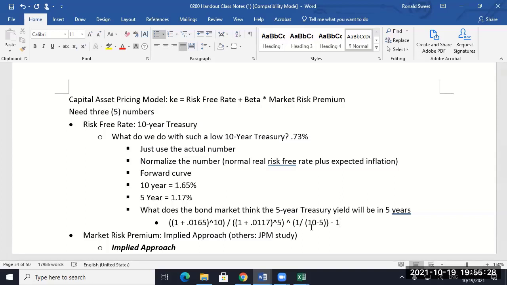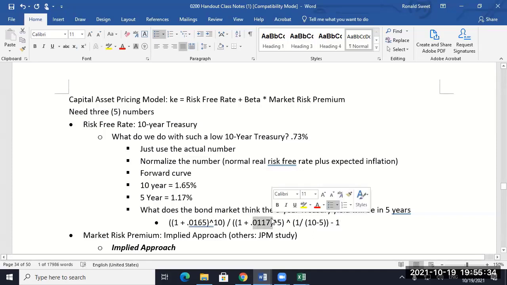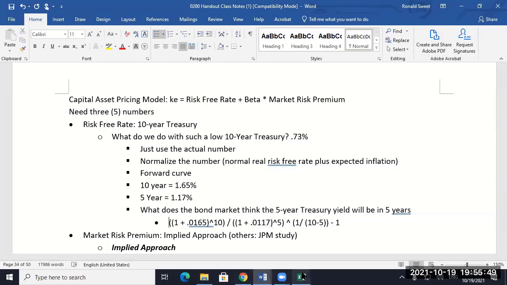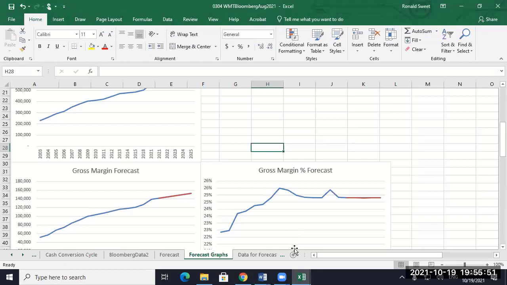Well, if you're going to invest for 5 years at 1.17, and then invest for another 5 years at some rate, and over 10 years you're going to make 1.65, what do you have to do the next 5 years to get there? You have to invest at a much higher rate than that. So when we do all of that, I don't know what it's going to be, but if you do all of that,